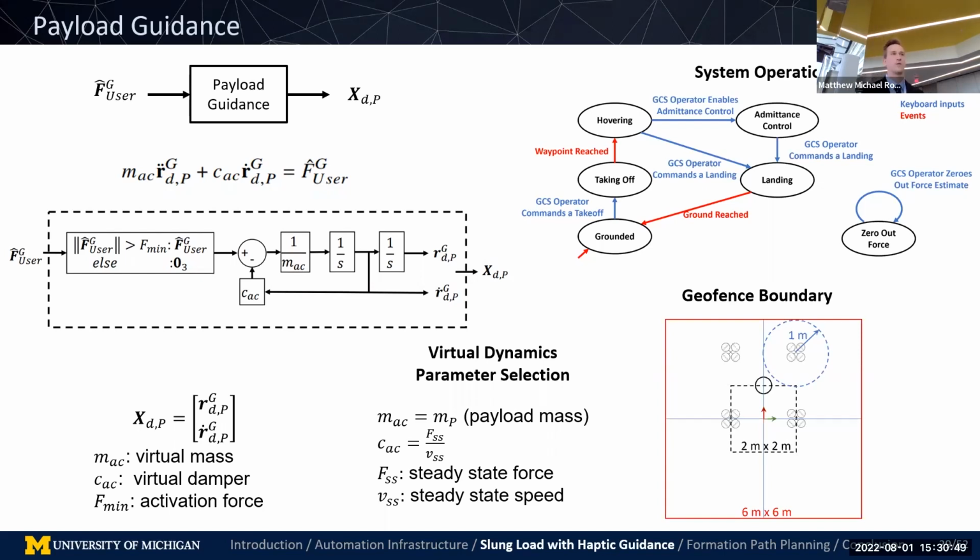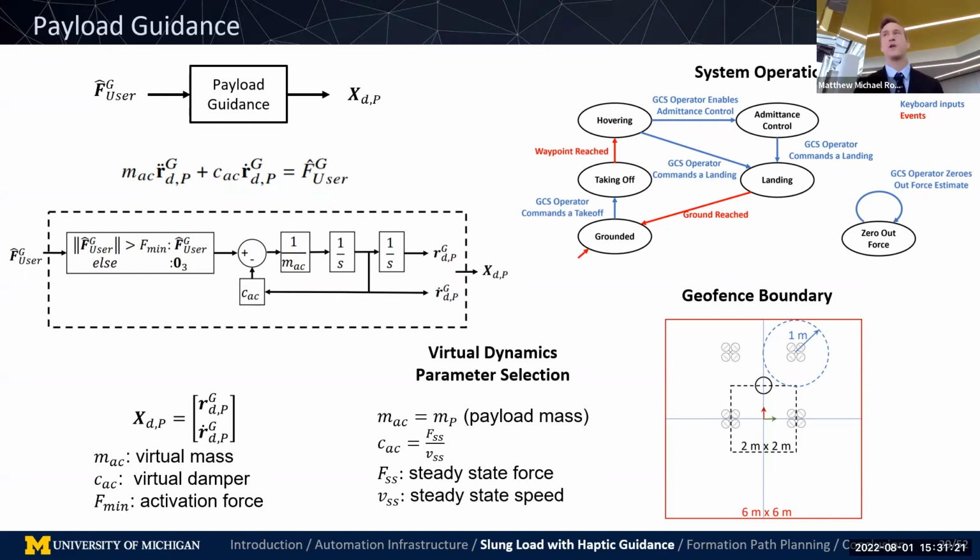So this was all performed in MAir, which is right behind us, an outdoor netted facility capable of motion capture and everything. It has a very large area, but the tracking area of the camera is really only roughly 10 by 10 meters. And the very good safe tracking area is only about 6 by 6. Once we consider that we have this payload in this formation, this shrinks our area even further. So we use this geofence boundary to make sure that when we're doing this complicated experiment, we're not going to lose motion capture data and have it crashing, things like that.